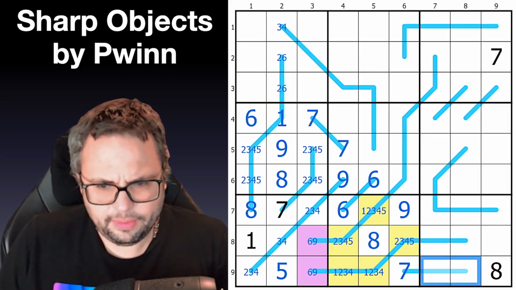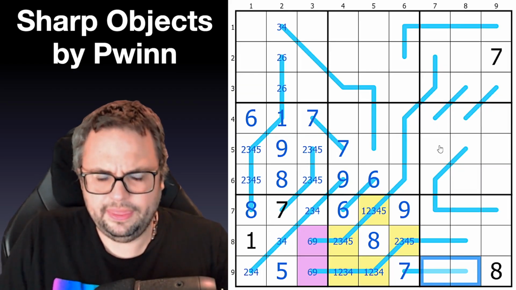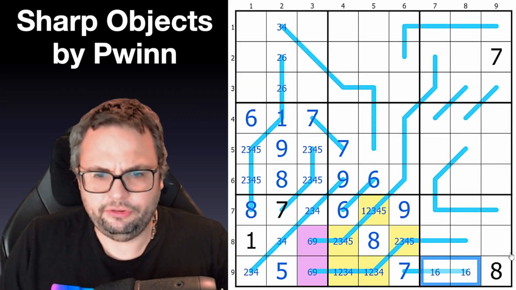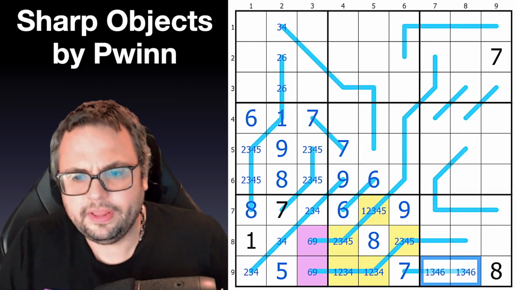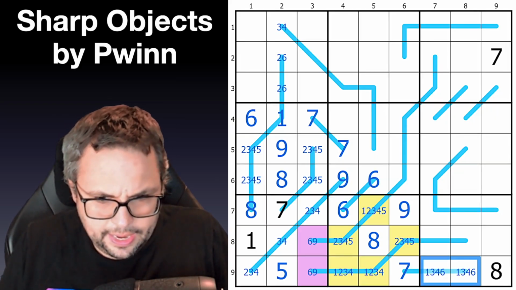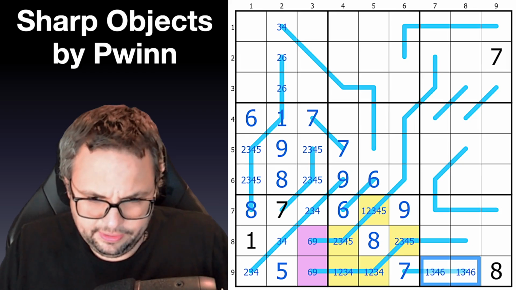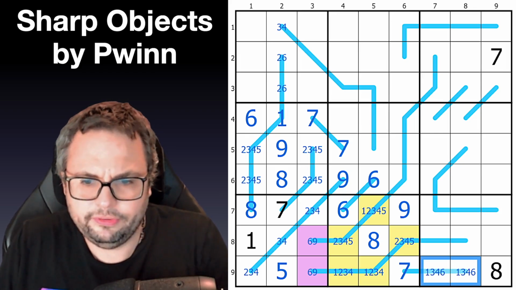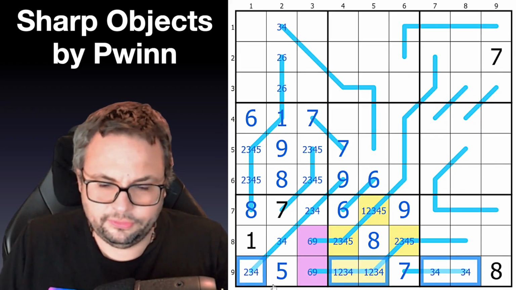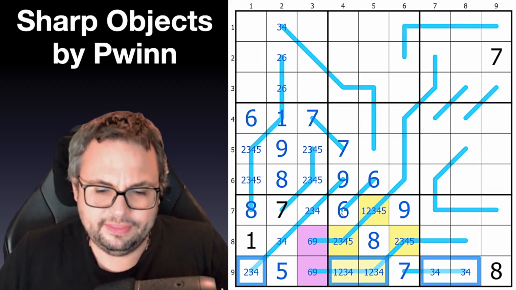What about this? Do I know what this is? This is a 2-cell sum to 7. So I think it could be 1, 6. It can't be 2, 5. And it looks like it could be 3, 4, but it can't actually be 3, 4. And the reason why it can't be 3, 4 is quite cute, which is just imagine for a second that this is 3, 4. And then ask yourself what's going on with these cells, which is that these cells are